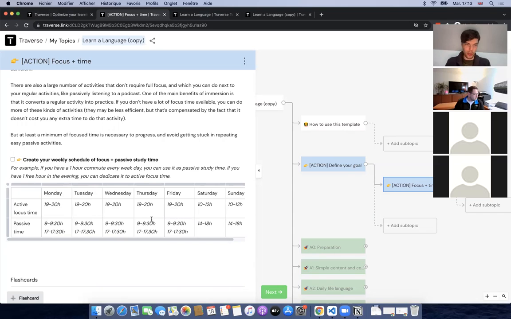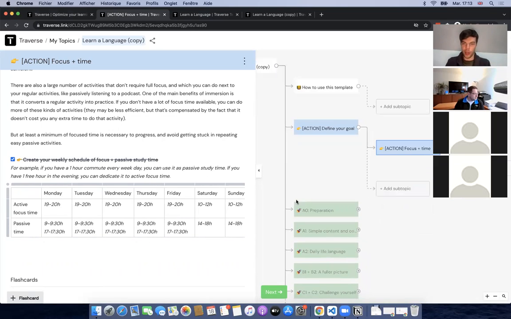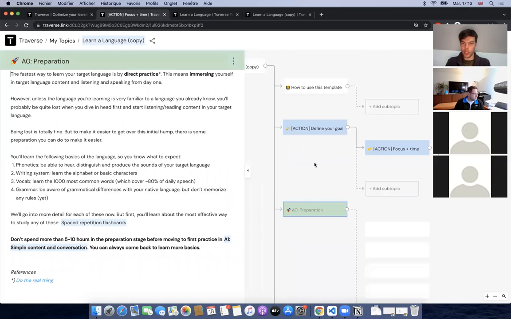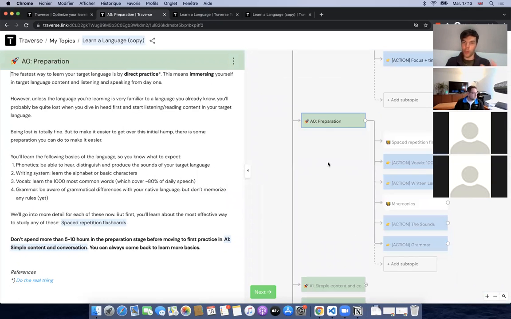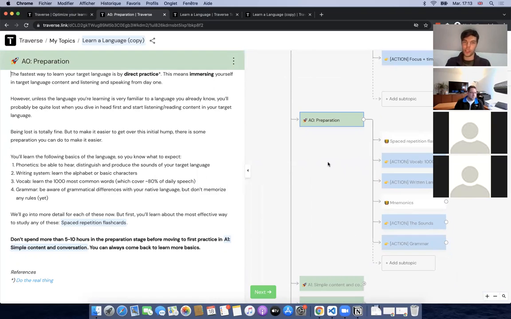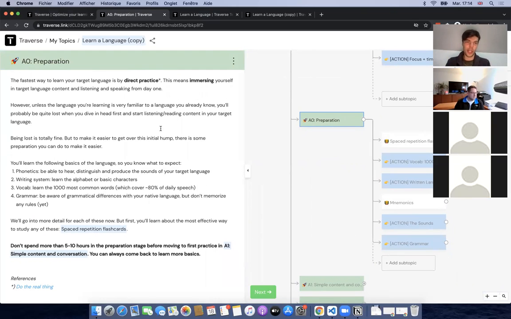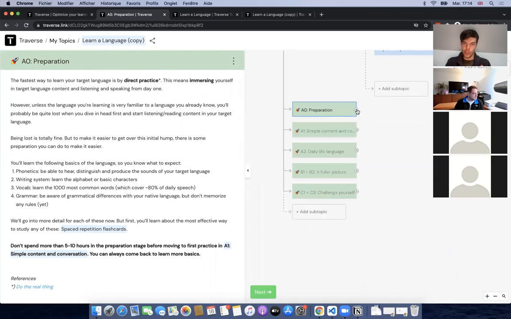Let's not fill out this whole schedule now because it's going to take too much time, but yeah, think about that and define your schedule basically. And once you've done that, you're basically clear on what your goal is and how much time you have on going to achieve that. So that's when you can start preparing. Because yeah, as you see,